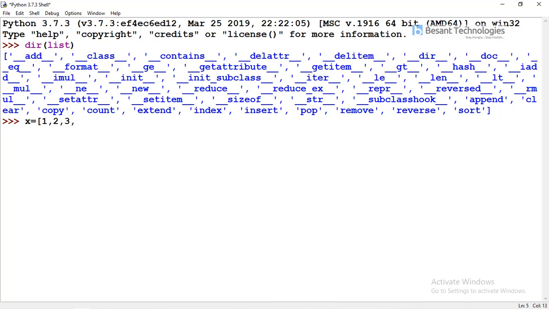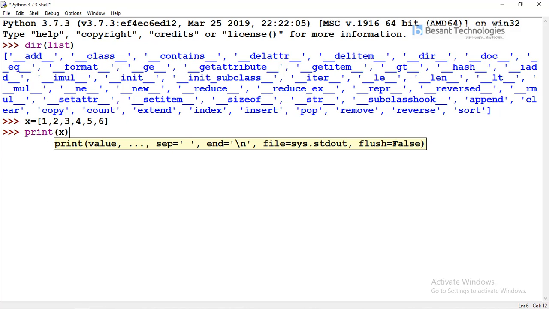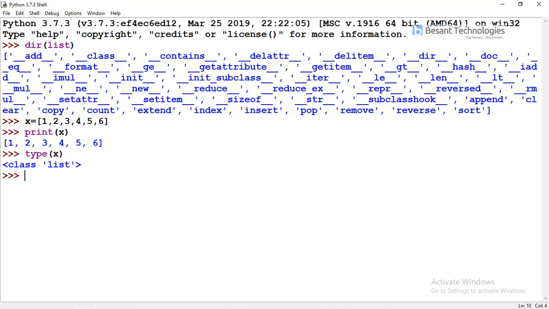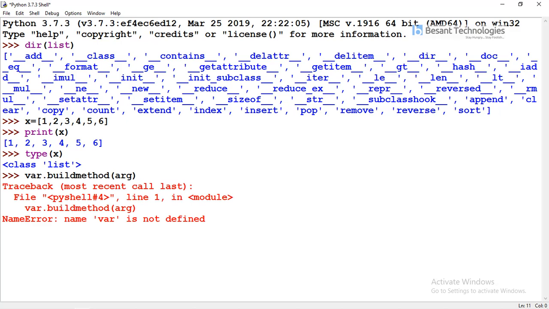So let's start to use the inbuilt functions for the list data type. I am creating one list with numbers 1 to 6. You know what print of x is, you know what type of x is, we already knew that. Now let's apply the inbuilt function. The syntax is variable name, dot, built-in method, and a mandatory or optional argument. This is the basic syntax for us. So we need to handle things based on this method: the variable name, the built-in method and the arguments you want to pass.